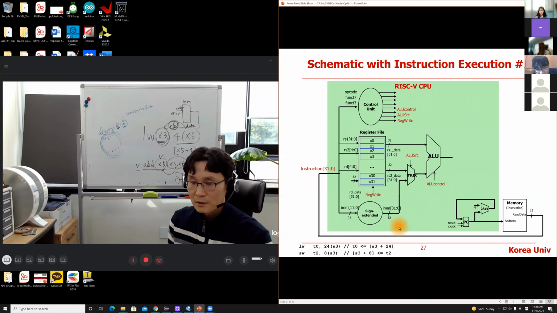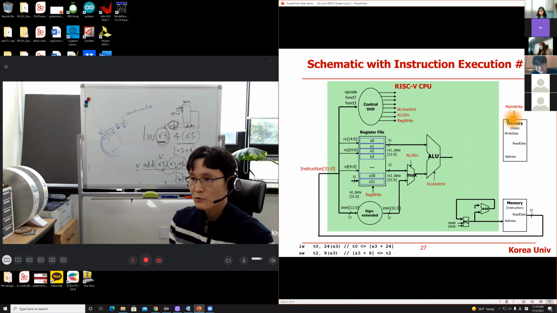What do you have to do? What kind of connection do you have to make for a data read instruction, memory read instruction? First you need to have data memory. In this case, we have separate memory. Look at this. This memory is for instruction. This memory is storing machine code only. And then this memory is storing only data. Instruction memory and data memory. We have separate memories. So